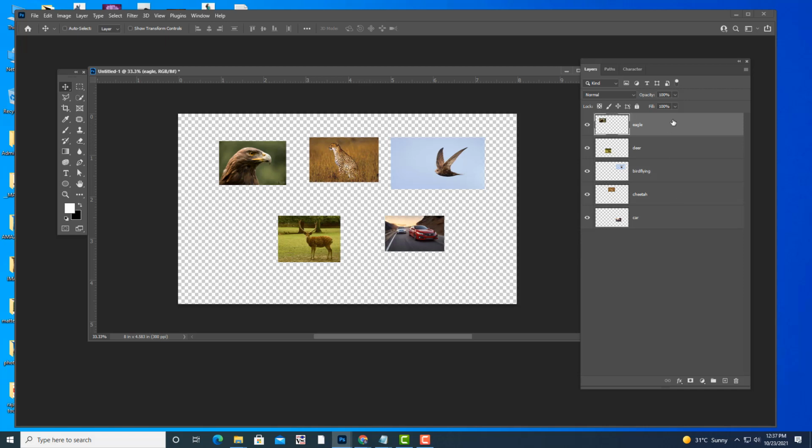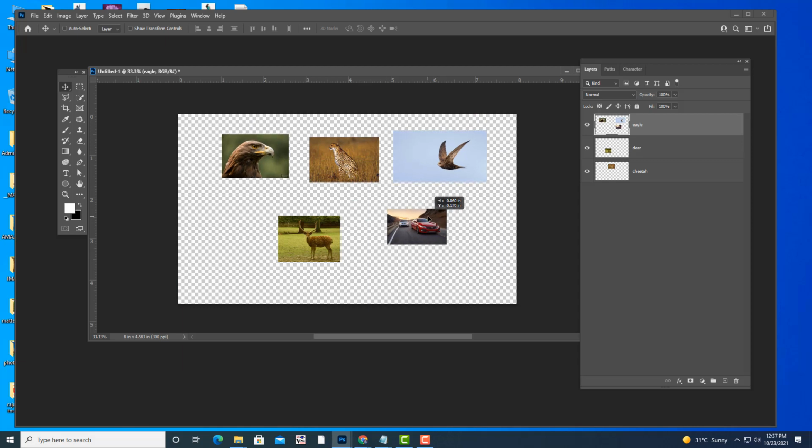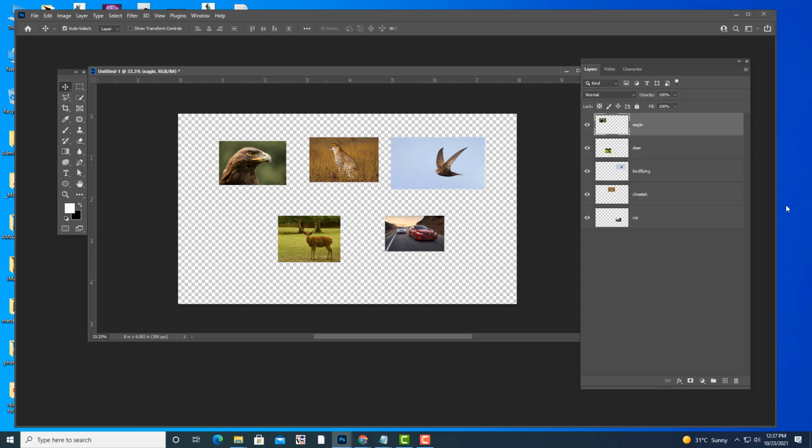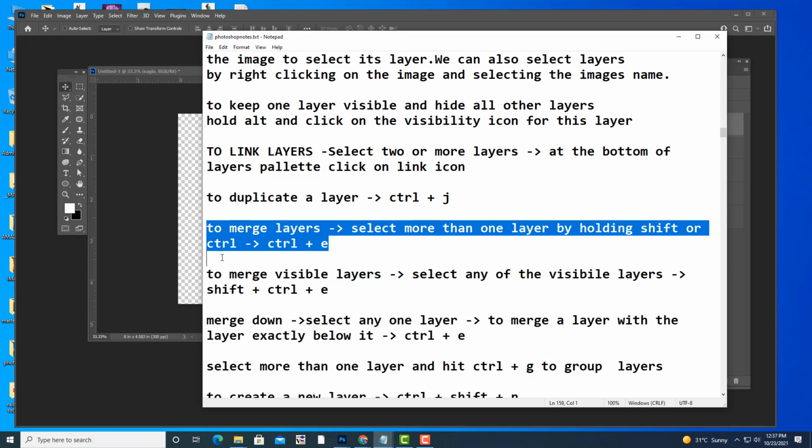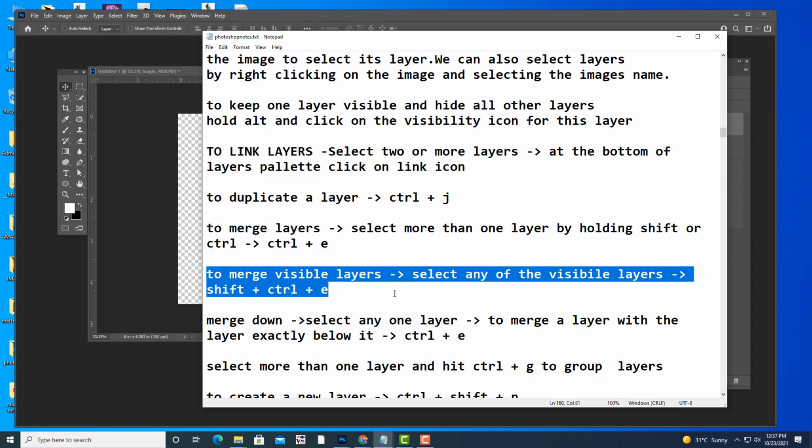For example, I am selecting eagle, bird flying, car, specific layers, and then hit Ctrl E. See, now these three layers are merged. Okay, by holding Ctrl. And if you want to merge visible layers, there is another shortcut. Just write down this point: to merge visible layers, select any of visible layers and keyboard shortcut is Shift plus Ctrl plus E.